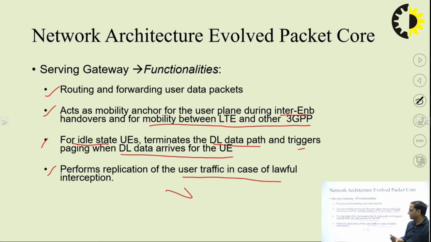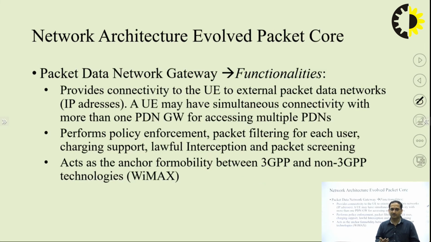So in that case, if something is lost, then the replication of the user traffic can be sent again and again. Acknowledgement must be received at the transmitting side so that it can confirm that the user has received the data in the correct order. Then the packet data network gateway, which has different functionalities, provides the connectivity to the UE